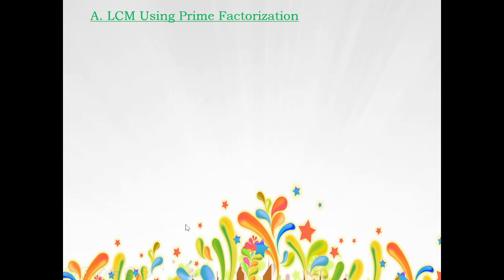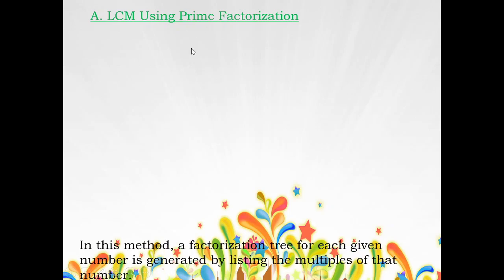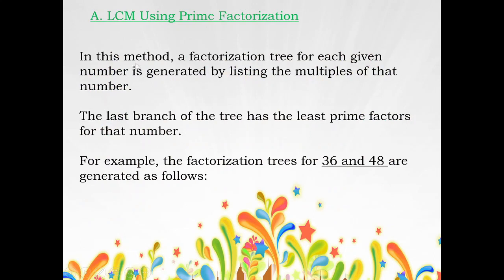So, first method, LCM using prime factorization. Same as before, you will make a factor tree. When we say prime factorization, we make a tree for the numbers we are factoring, and then we're going to get the prime numbers. Let's look at the example. Okay, so in this method, a factorization tree for each given number is generated by listing